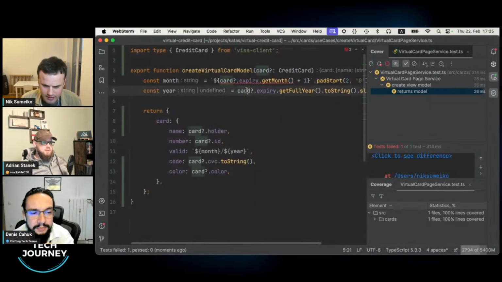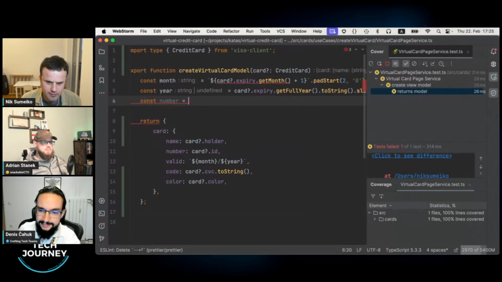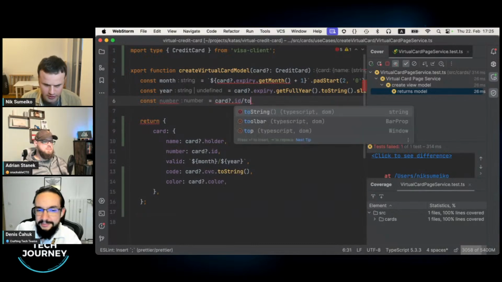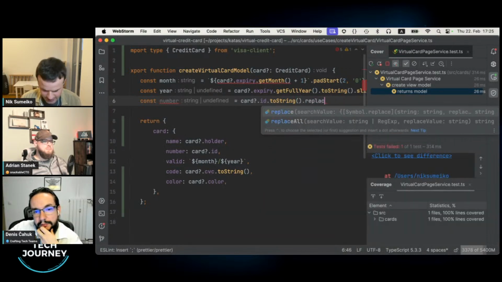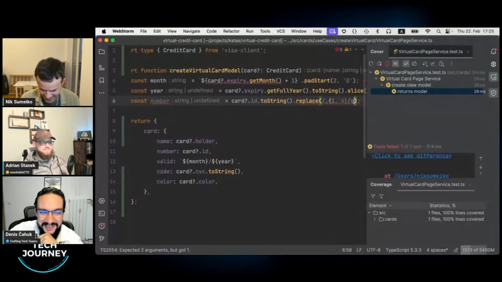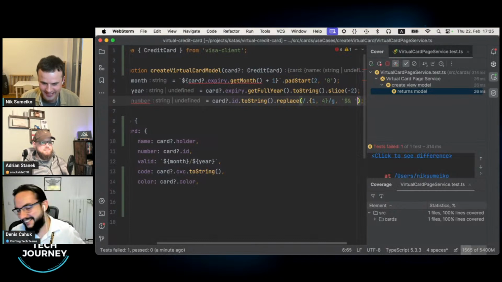We just need a space on those specific digits. To do this, let's introduce the variable number, and we take the card.id, turn it into a string, because Visa gives us a number, and maybe using replace, because I'm proficient with regex. With regexes, you're going to split it on the exact number of digits. Exactly. Nik does this professionally a lot, so for those of you watching live, you don't have to be this fluid with it. Nik does this every day, probably. So Nik knows these regexes by heart.